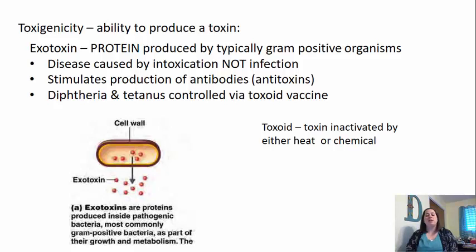Diphtheria and tetanus are controlled via toxoid vaccines. A toxoid vaccine is where the toxin has been inactivated by either heat or a chemical, and then it gets injected into the individual. This is what we have in a tetanus shot. When you go in and get a tetanus shot because they think you might have been exposed to tetanus, this is what's in that shot. The whole point is it helps your immune system recognize it and fight the toxin off quicker